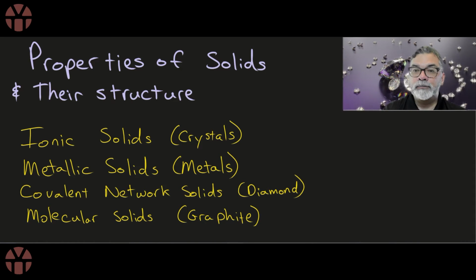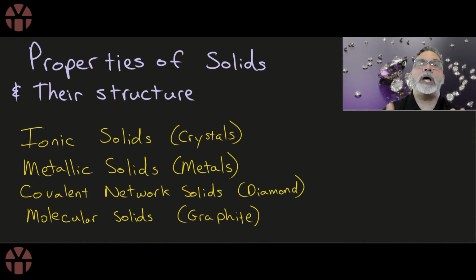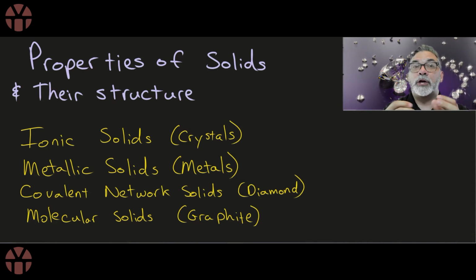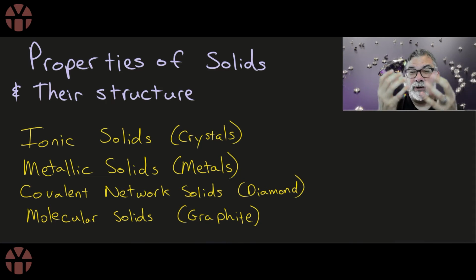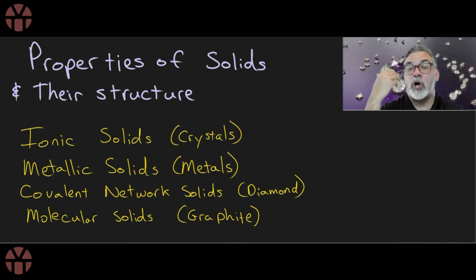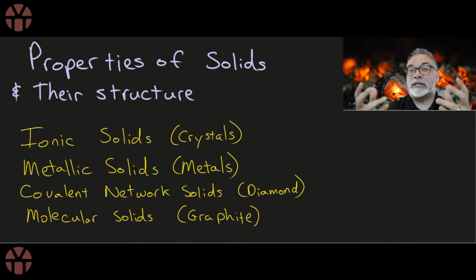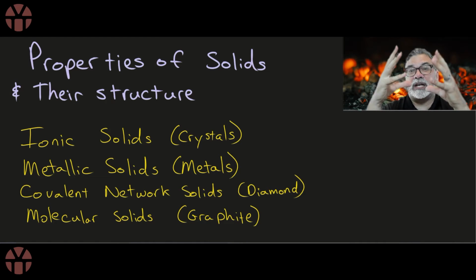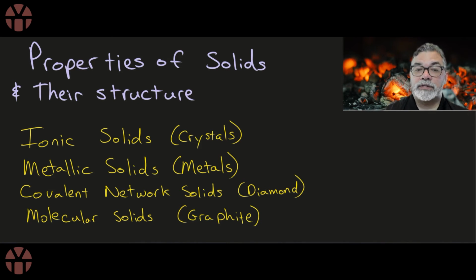And finally, the last type of solid, and probably the solids that are most brittle, so they fall apart easily. So think of, if you had yellow sulfur, it's smelly, but if you kind of crumble it, it'll fall apart in your hand. Or graphite, so think of charcoal, like soot or ash. Again, if you had a big chunk of it, you could just press on it a little bit and it would suddenly pulverize, form into dust, and you'd look at your hands and your hands would all be black from the graphite. So when we talk about a molecular solid, we're going to find that these are usually the weakest,